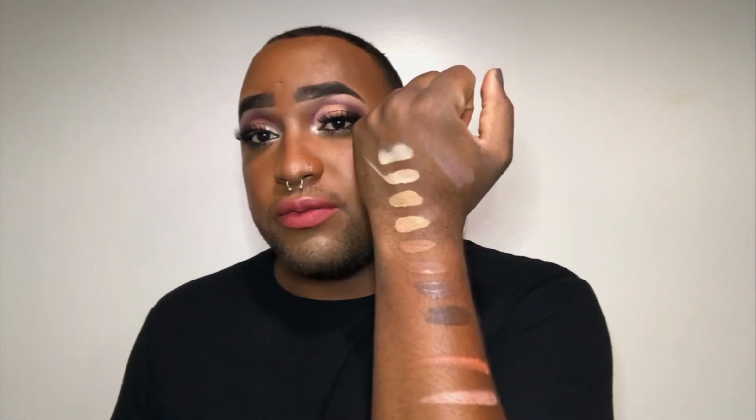Starting off with the Cake Face concealers. Like I said, this range of concealers is exciting. I am really excited about these concealers because they happen to fall right after the whole debacle with Tarte's Shape Tape foundations. For Beauty Bakerie to come out with these concealers and show the world that inclusiveness is important. Not only that, but you don't have to have a million shades to be inclusive. You can pull it off with literally 8 concealer shades and show that shade range is important, undertones are important,